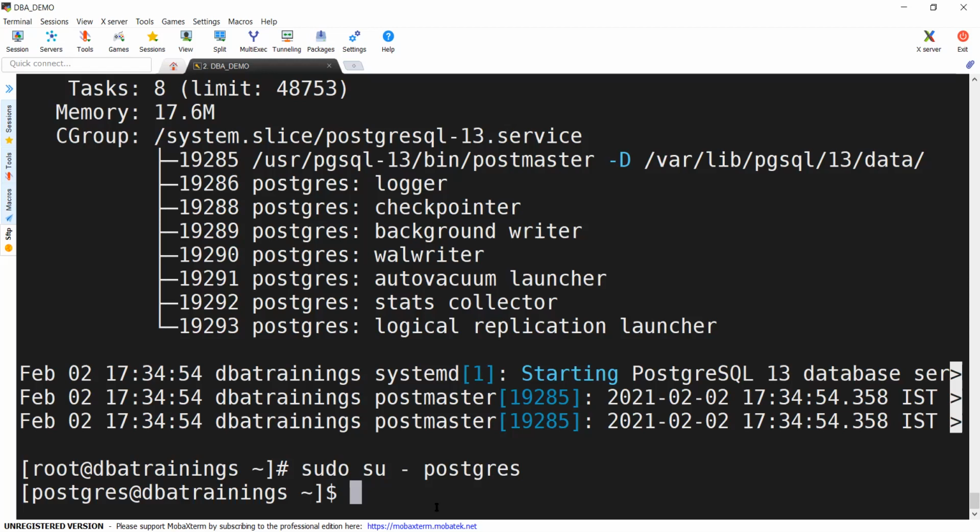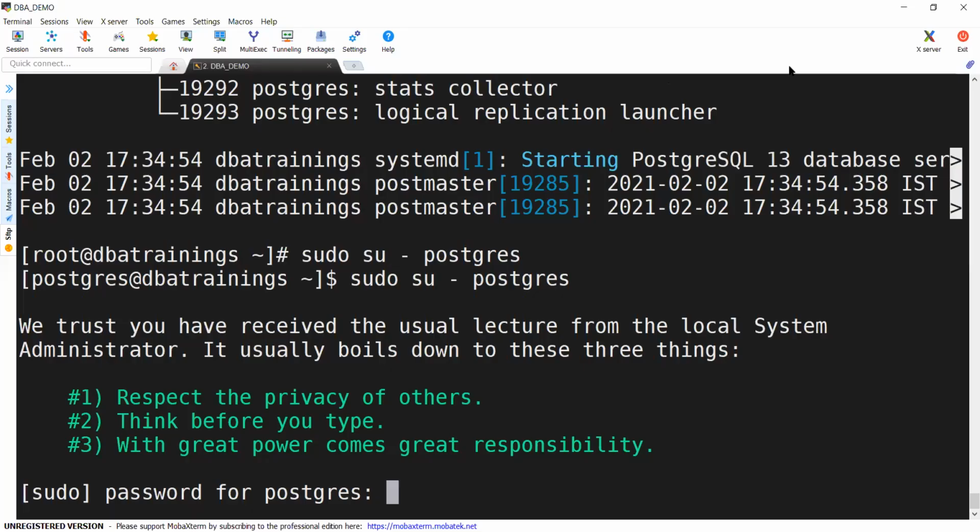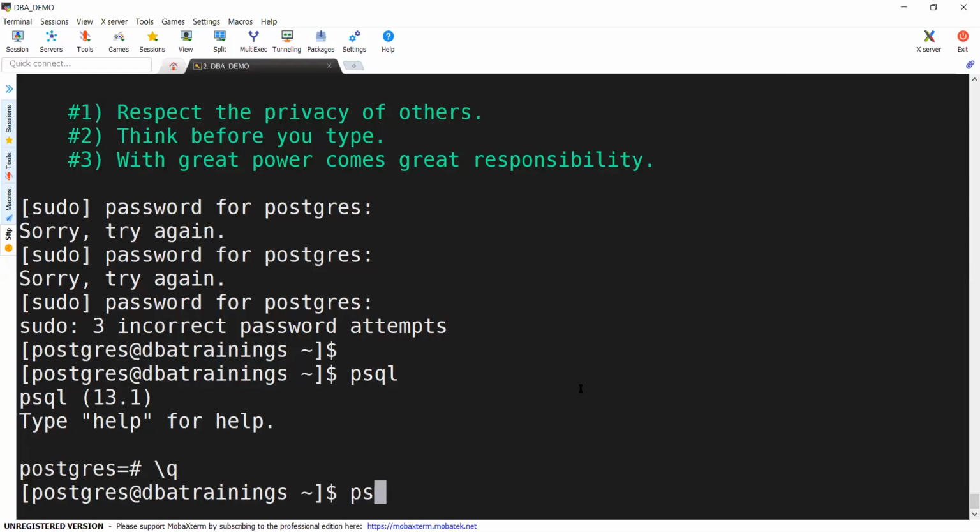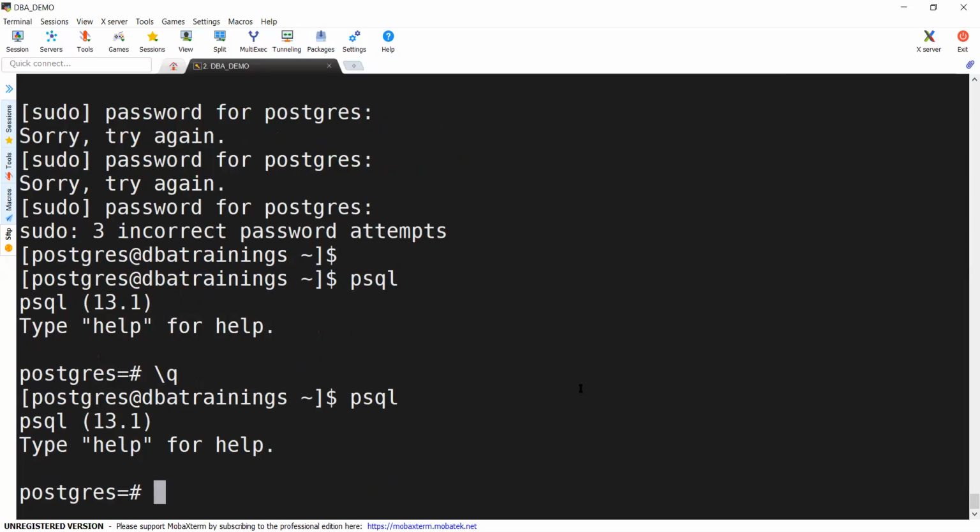And that's about the Postgres installation you can do. You can use sudo and then log in, or directly run as the postgres user, both will work fine. So now it is asking for the password. Just give your password. Now I have connected to Postgres.